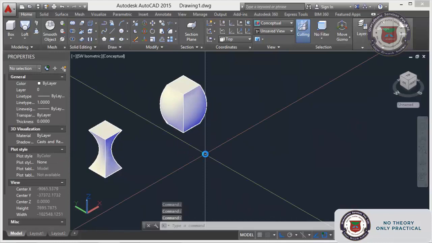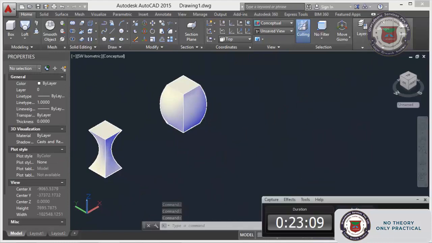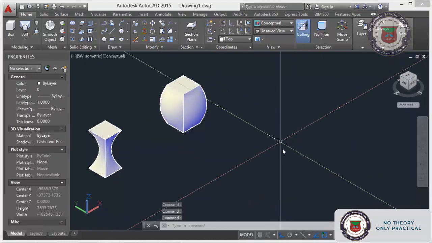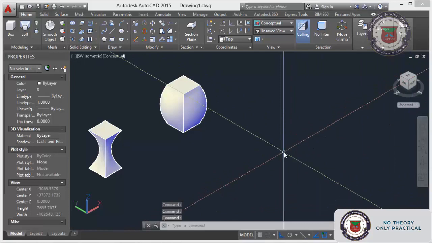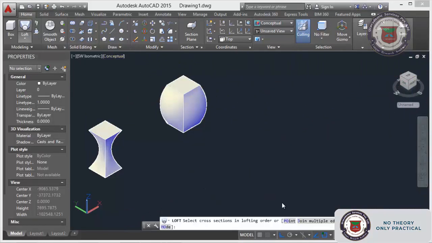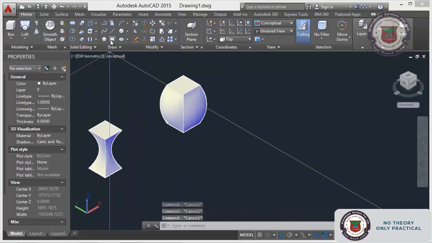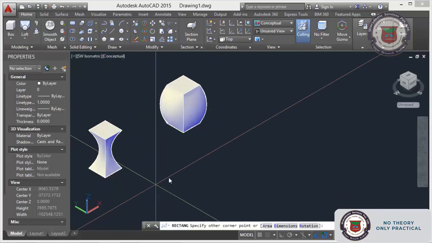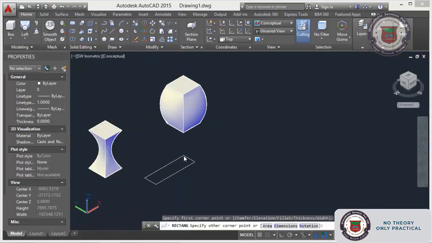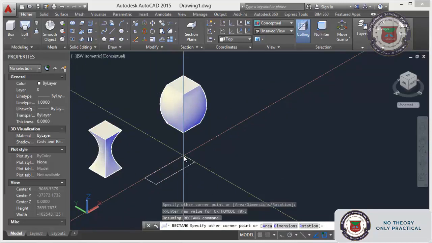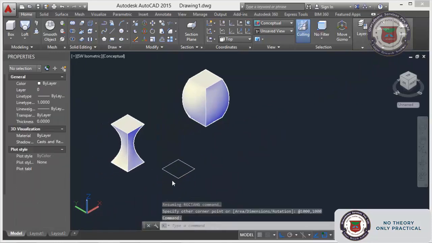There are other options available in the loft command. How they work, we will see next. Next is point. How will it work? For that just prepare a rectangle, 1000, 1000. This is your one.